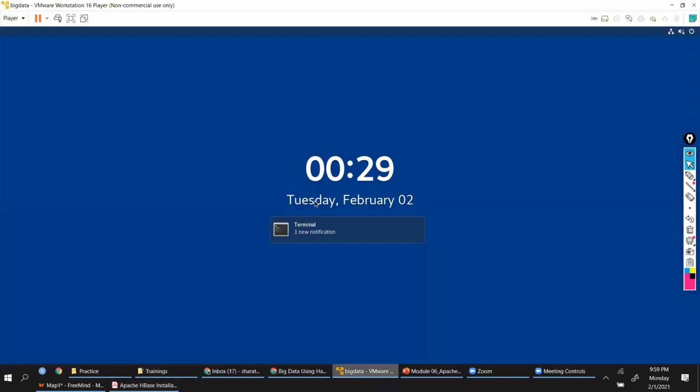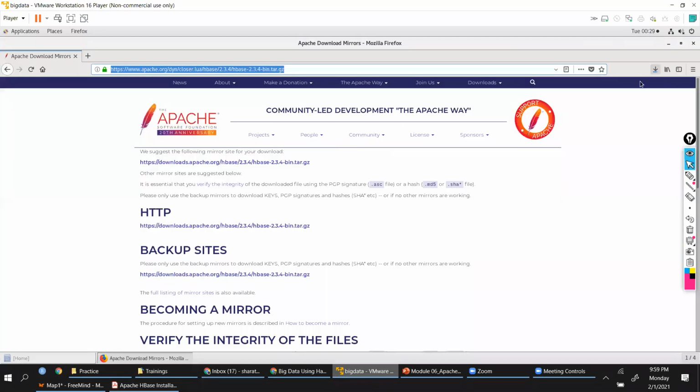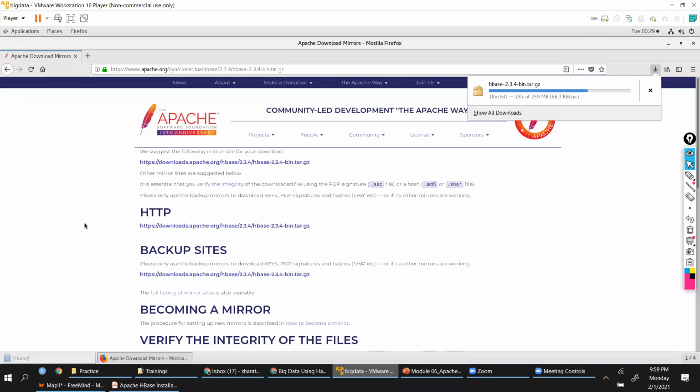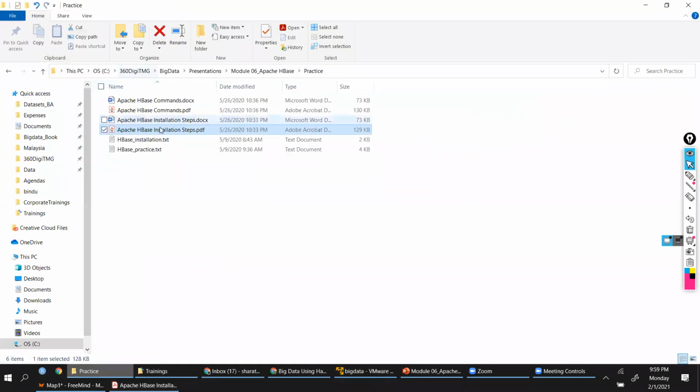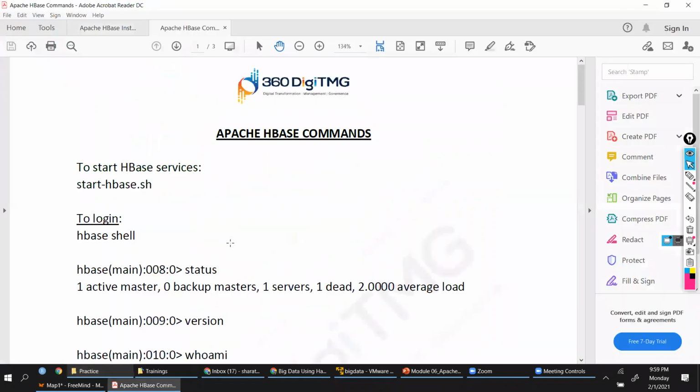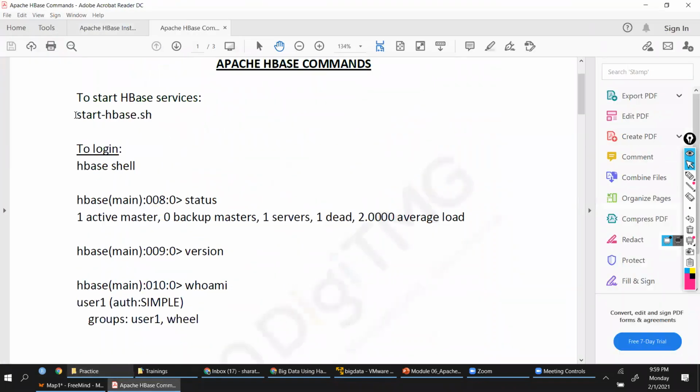Let's see if it is downloaded. Still not downloaded. We should have downloaded this upfront. Anyways, now let me show you the commands also. This is how we start HBase.